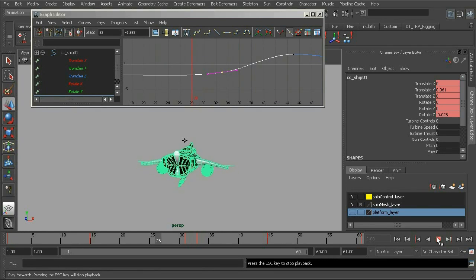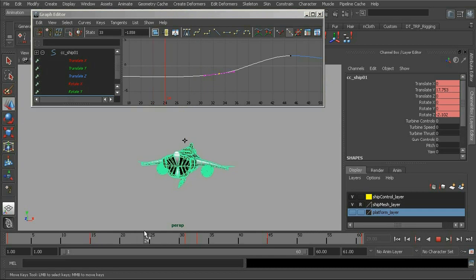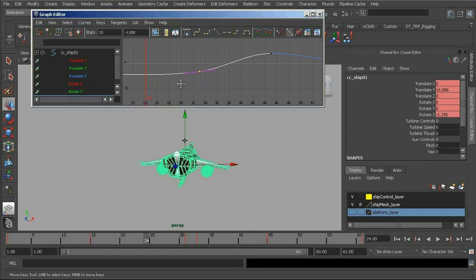And that's not the best result. It's kind of wobbly and there's a bit of a pause. We have somewhat of a moving hold going on, and moving holds are great. However, in this case, it's not going to do us too much good. But if you'd like to learn more about moving holds, feel free to take a look at character interaction in Maya. But I'll now go ahead and grab that key on 33 and delete it by simply hitting the delete